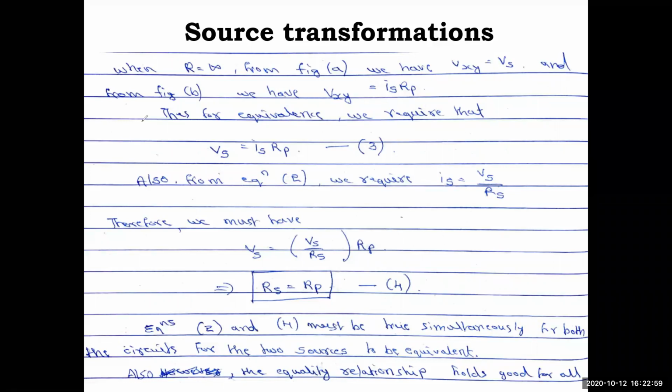If you see the circuit there, when I measure the voltage, whatever voltage is there, that will come according to Kirchhoff's voltage law. So that can be given, from Ohm's law, as Is into Rp. That is for the second figure. If you have drawn the figure, it will be very easy to refer.